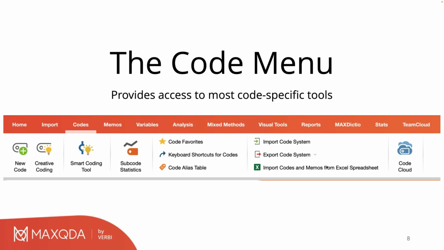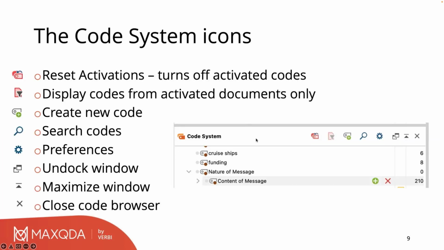It's not the only menu tool you'll use, but it is an important element. It's something that you will go to regularly. In fact, if you want to use smart coding, you're going to go to the code menu to get to it. In addition to that, within MAXQDA itself, the code system has a series of icons, and you'll notice things